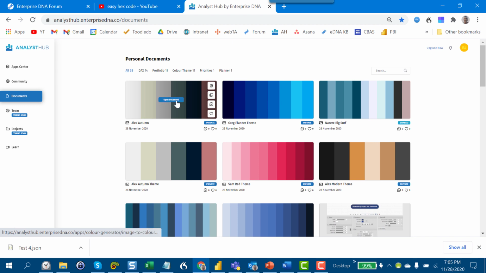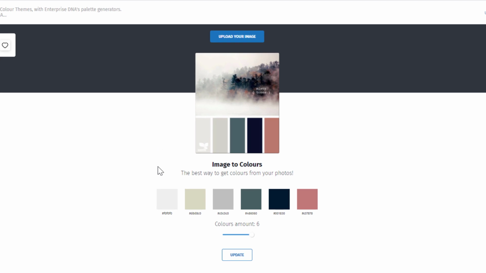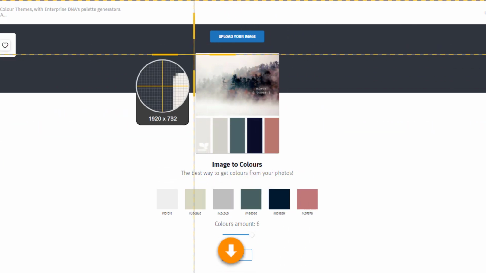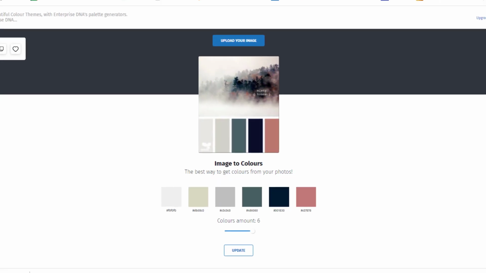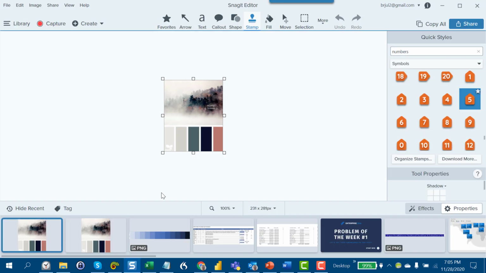If we open that document, one of the cool things about this is it'll actually show you not just the colors that he used, but the way he got to it. We can see in this way, he used images of colors and used this particular picture. If you've got a screen capture tool like Snagit, you can take a snapshot of the picture that he used to create that, so you've got that as well. So if we go back